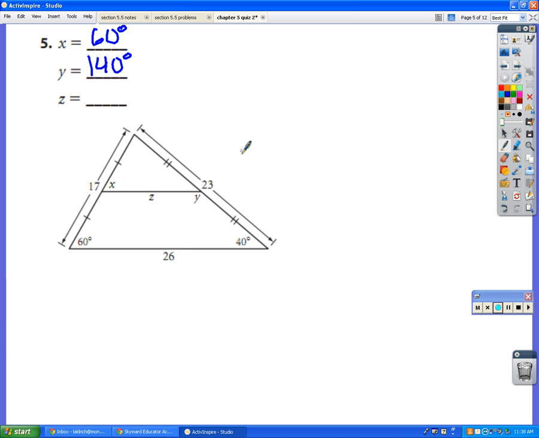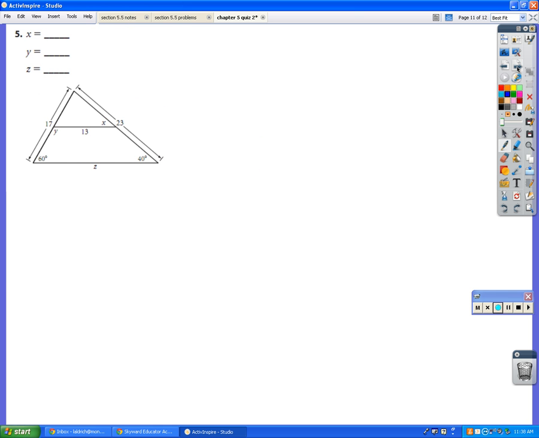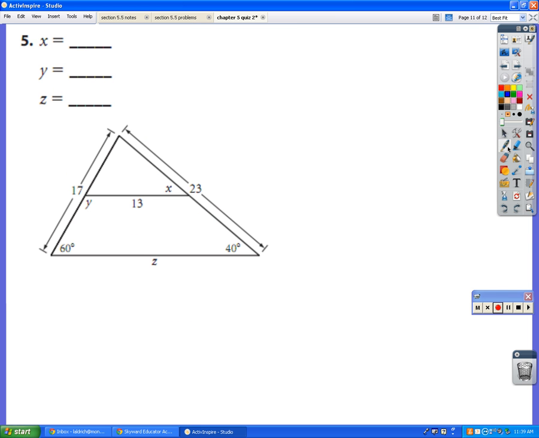And then if this is 26, Z is 13, because one of the things we learned is that the midsegment of a triangle is half the length of the third side. Okay? Silly mistake there, Justin? Yeah? Y equals 40 degrees, Z equals 1. Oh, okay. All right, so then on form B, again, since this line is parallel to this line, X will be 40 degrees